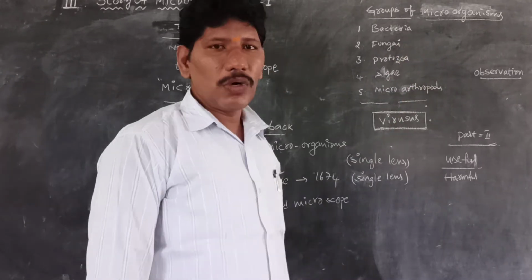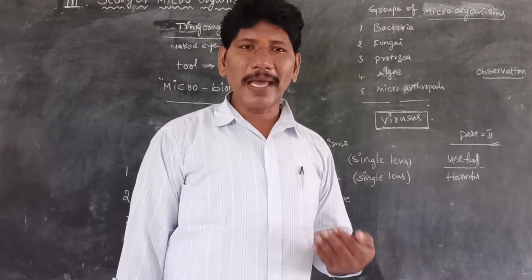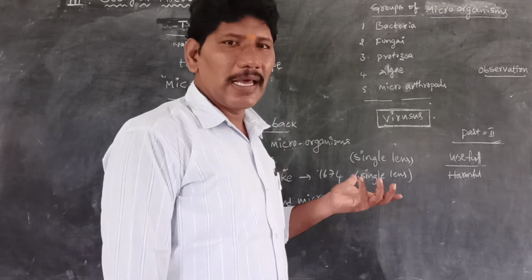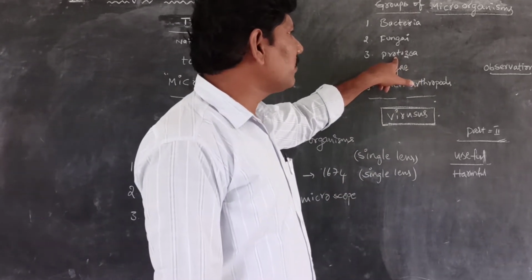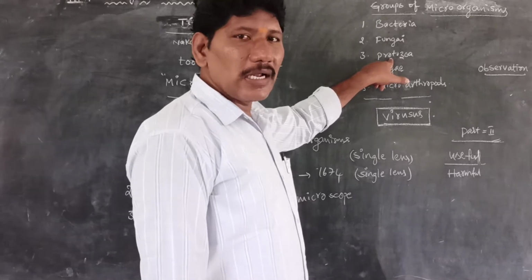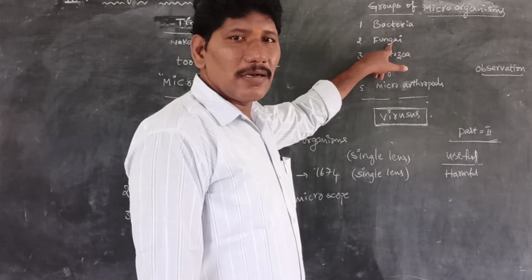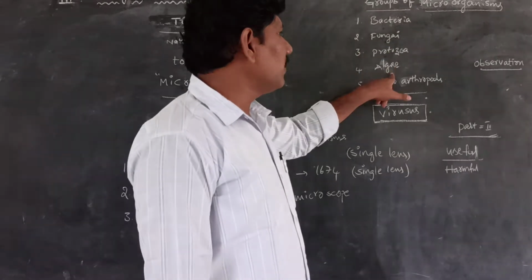Next, protozoa are the first animals, like amoeba, euglena, paramecium. These are called single-cell organisms. We cannot see them directly with our eye. So protozoans are single-cell microorganisms like animals. Fungi are saprophytic microorganisms like the plant part.